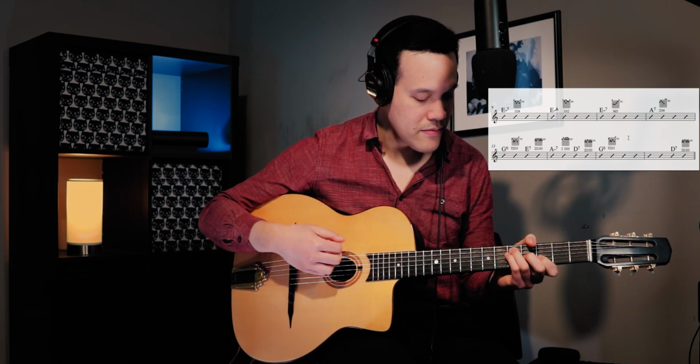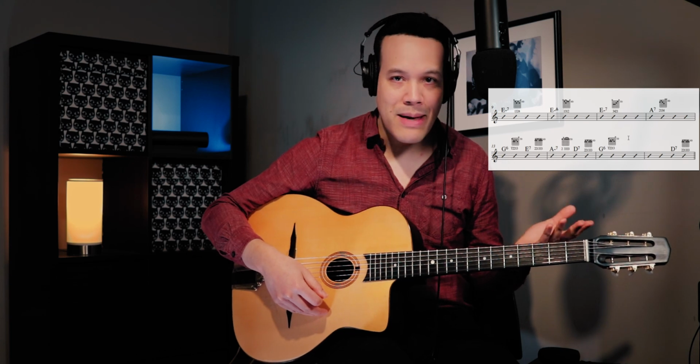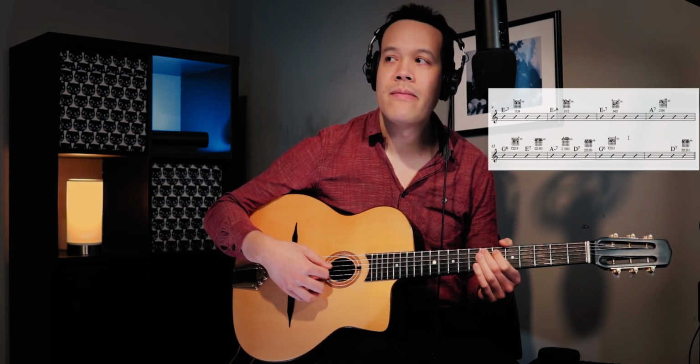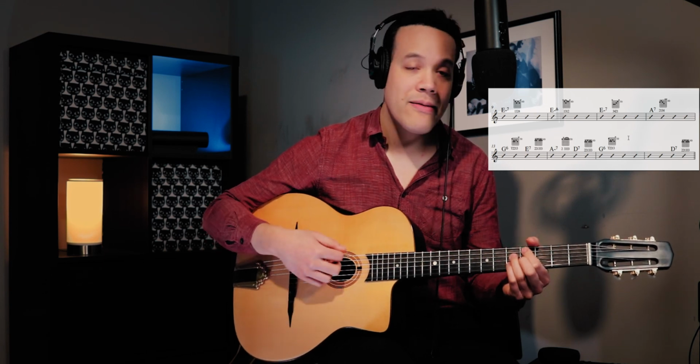And you can always do this, even if the bass maybe is playing E minor, B7, E minor, A7. Maybe the bass is playing, right? It's really playing E minor, B7, E minor, A7. You could play,